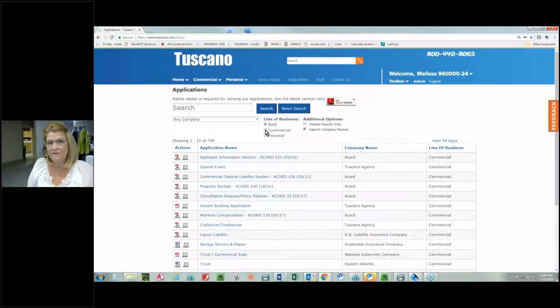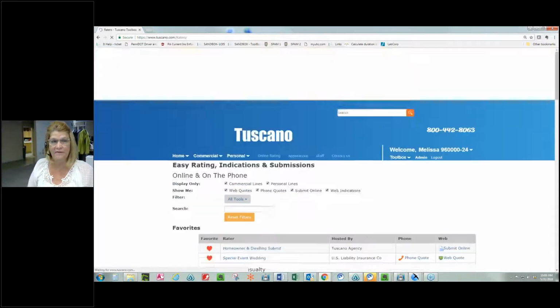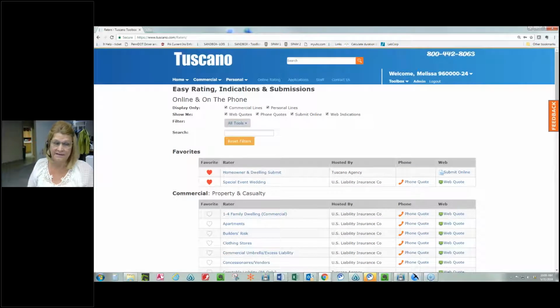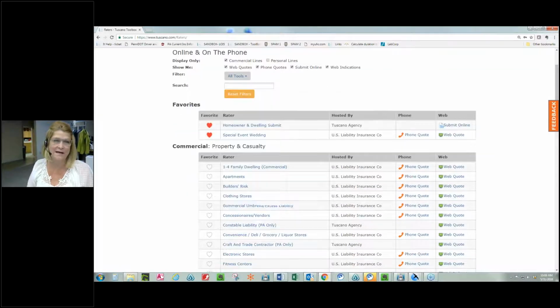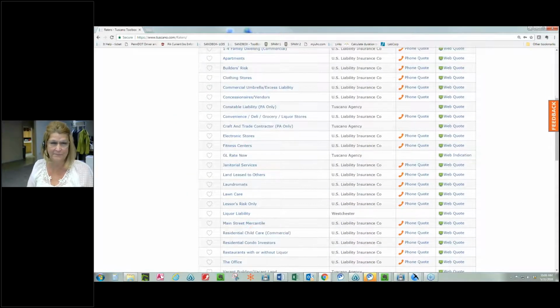We also have several online raters that you'll have available. Some of these include nonprofit D&O, real estate E&O, employment practices, and cyber liability, which is becoming a very popular coverage that people are looking for nowadays. So you do have the availability online. You can enter the info and print a professional comprehensive quote in just minutes.